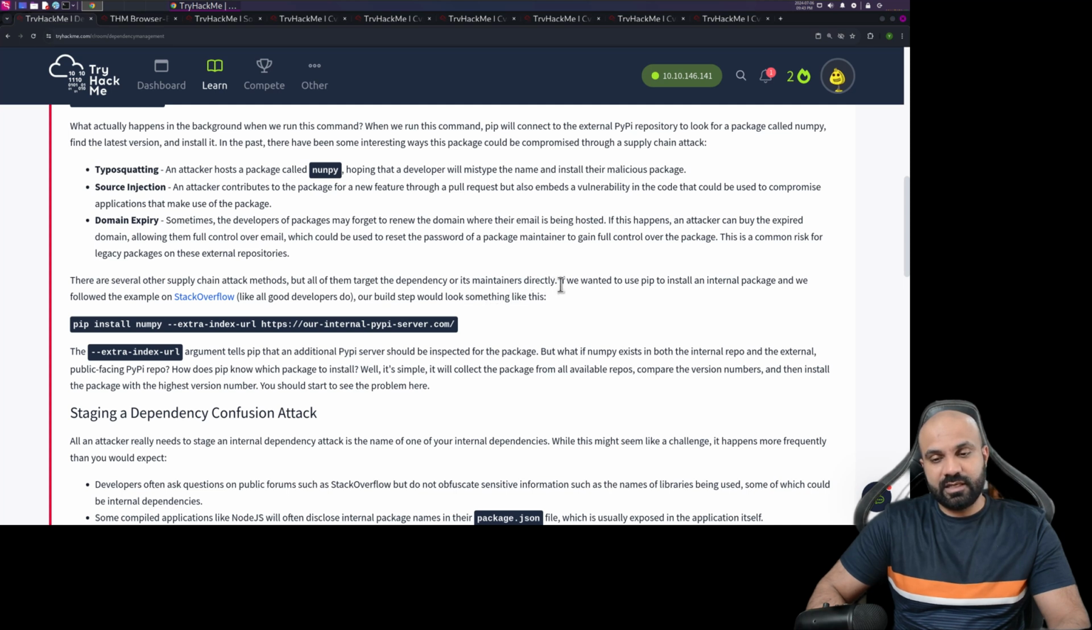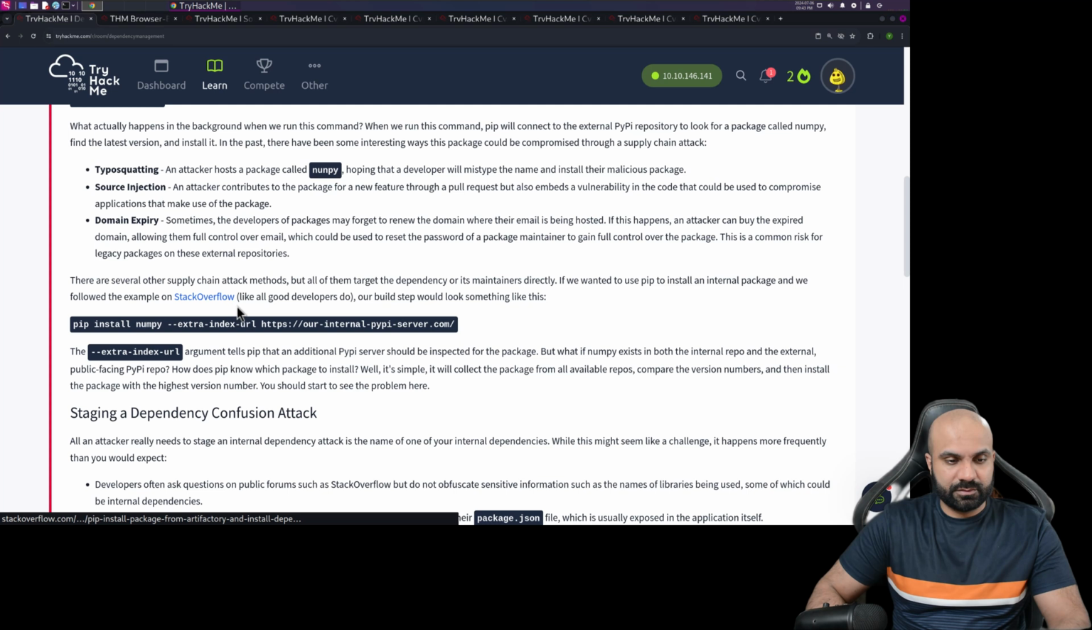There are several other supply chain attack methods, but all of them target the dependency or its maintainers directly. If we wanted to use pip to install an internal package, we followed the example on Stack Overflow. Like all good developers do, our build step would look like this: